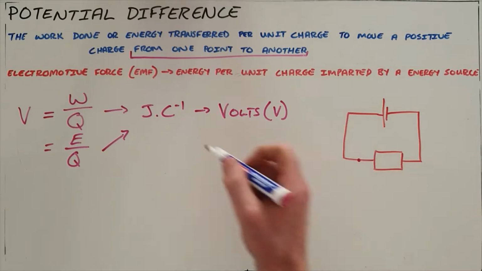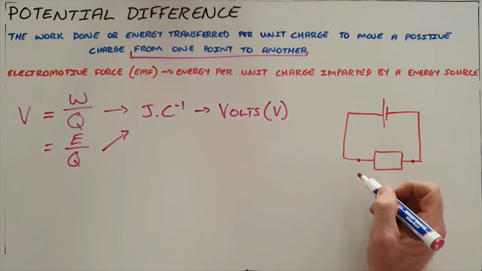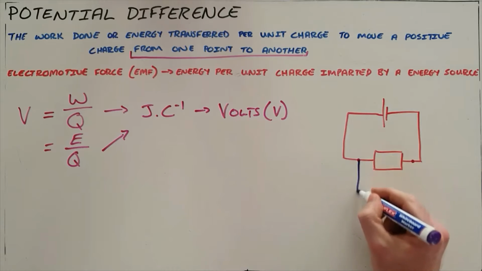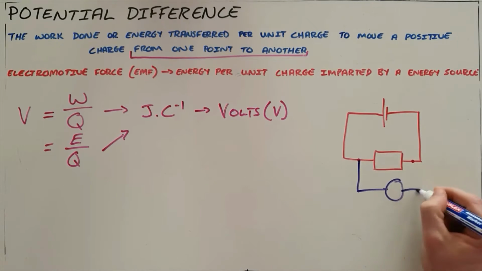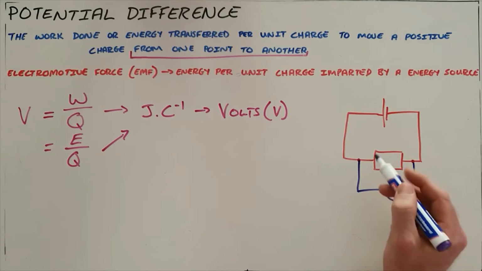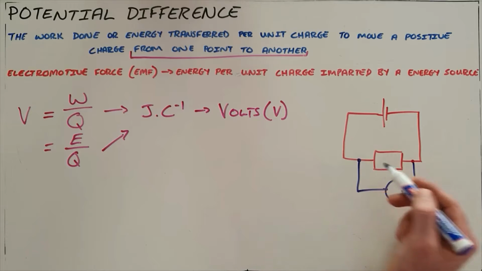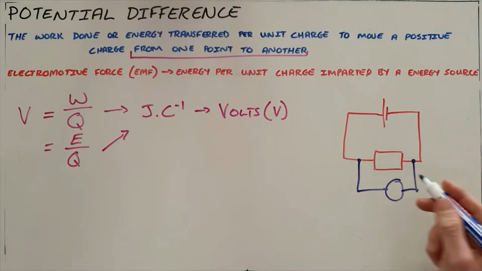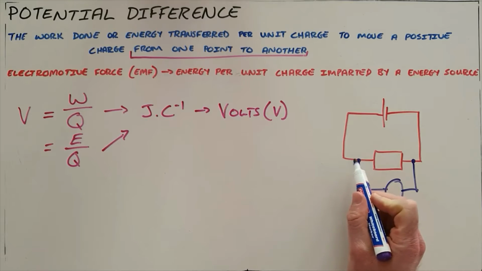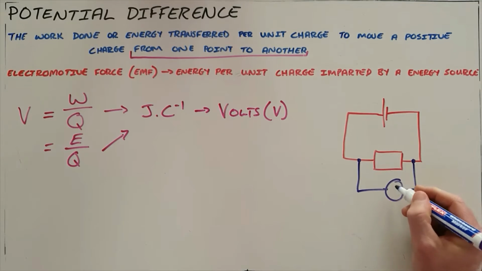So what that tells us is, firstly, why it is necessary for a voltmeter always to be connected in parallel over a circuit, because what that voltmeter is doing is measuring the amount of energy that is used between one point in the circuit and another point in the circuit. The voltmeter is essentially counting the number of coulombs of charge that pass through there